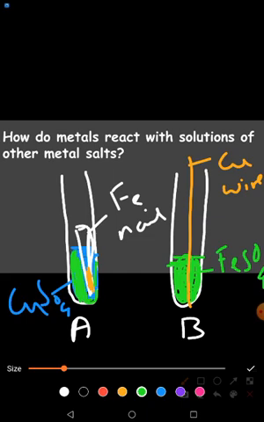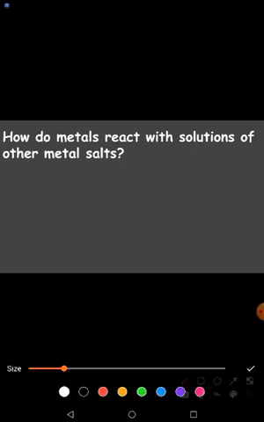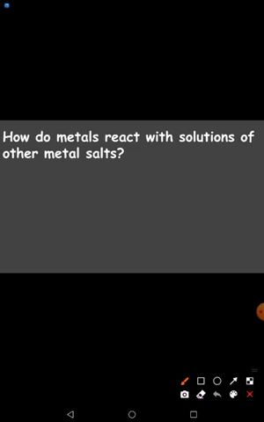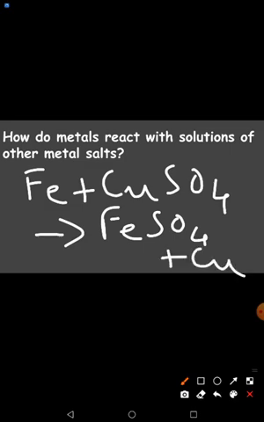So let me put these two reactions in the form of an equation. See here. Let me put those two reactions, whatever we have seen, like the iron nail was put in copper sulfate solution, and I said at the tip of the iron nail you must have seen a reddish brown deposit of copper. So a displacement reaction has taken place there, and there you will have FeSO4 plus Cu. Since FeSO4 is formed, that is why the solution is also turning light green or pale green in color.